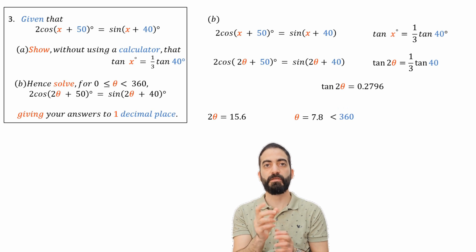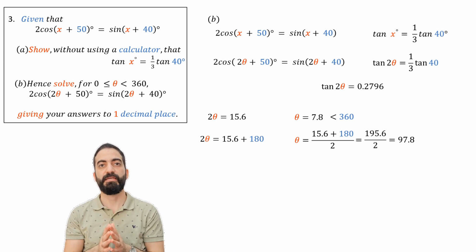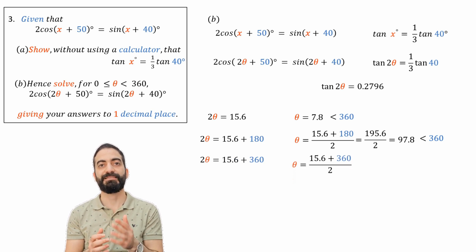But there is something we must do. Since here we have tangent, we add 180 to 2θ. In this way we get θ = 97.8, which is also between 0 and 360 degrees. Again, this time we add 2 times 180, so equal 360, and we get θ